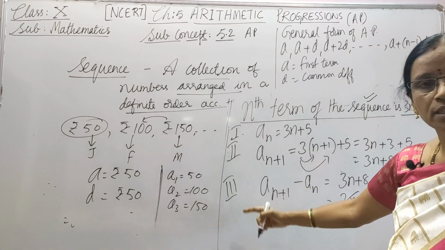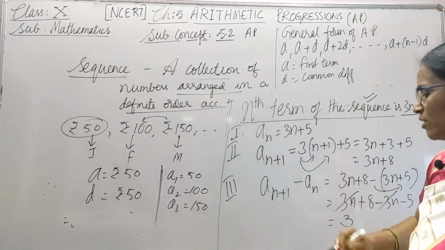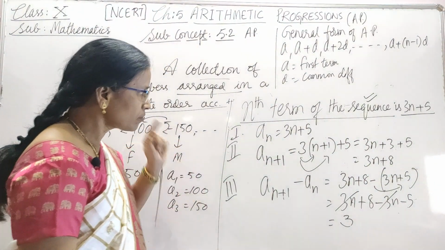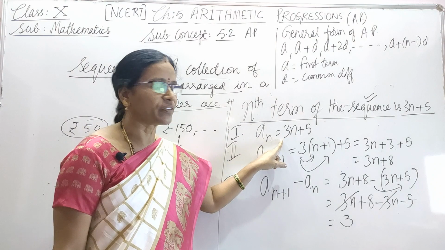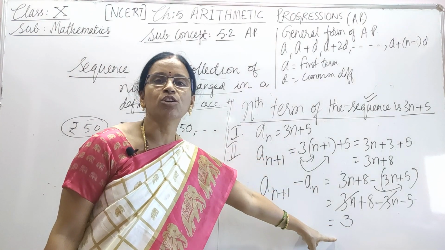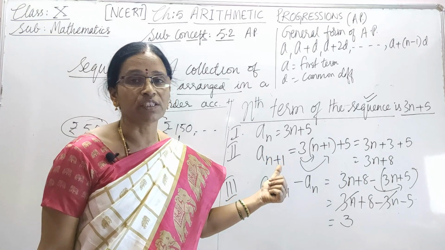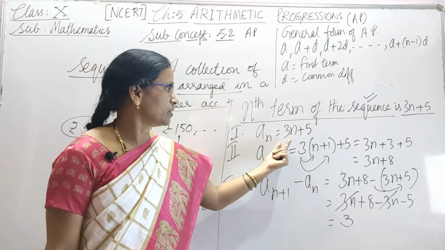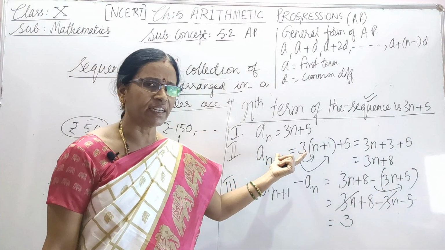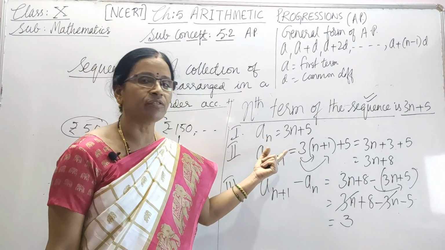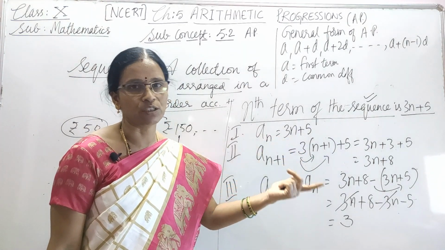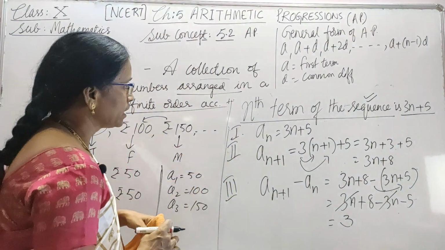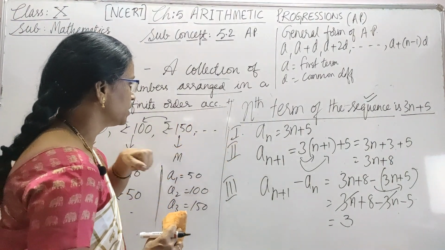These are the steps you should do to check whether the given sequence is an arithmetic progression or not. And always remember that the coefficient of n here is 3. So that will be the common difference. You can make use of this for solving MCQs. That is MCQs they will ask for 20 marks and all. If the given sequence is like this, you need not generate the terms of the AP, just write the common difference. The coefficient of n is 3, so that is the common difference. One more problem of this type I'll take, and then we'll wind up the session.